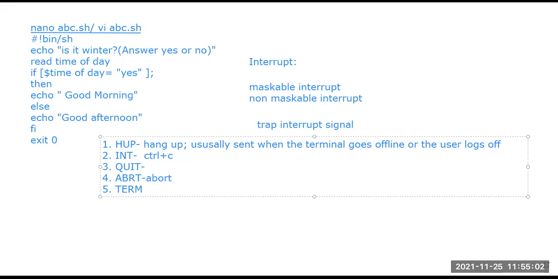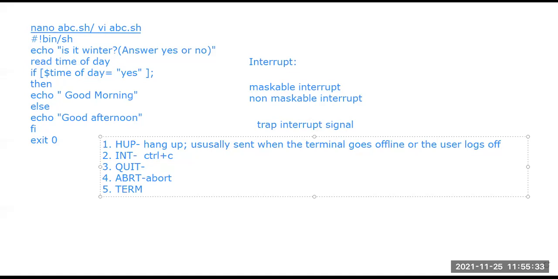So these are the interrupt signals: HUP, INT, quit, abort, and TERM, which is terminate. These interrupt signals are there when a serious execution, or any type of execution process, needs to be carried out. These trap signals can be used from the command line, from the terminal, right?